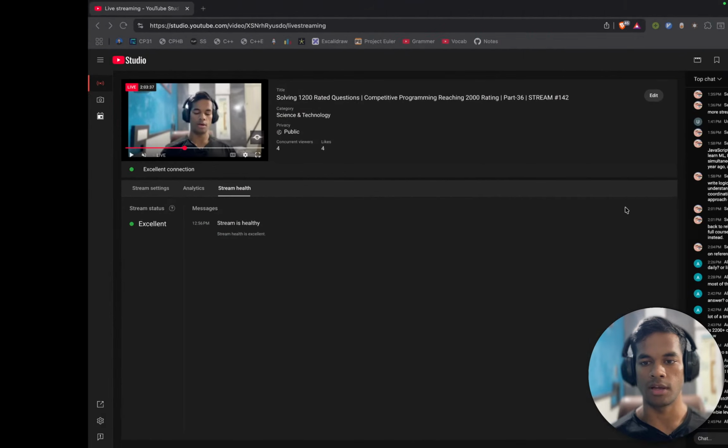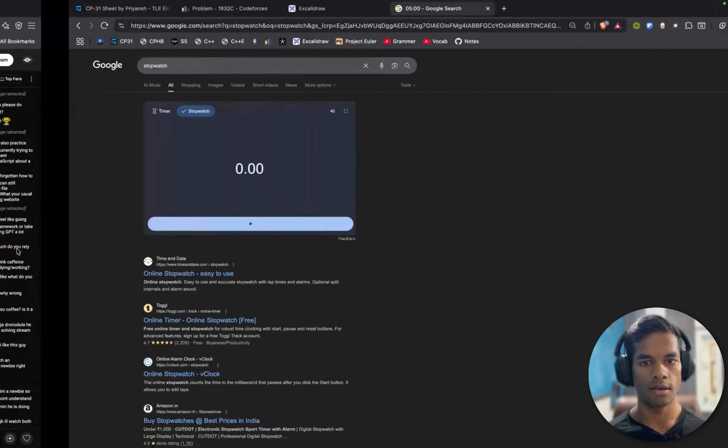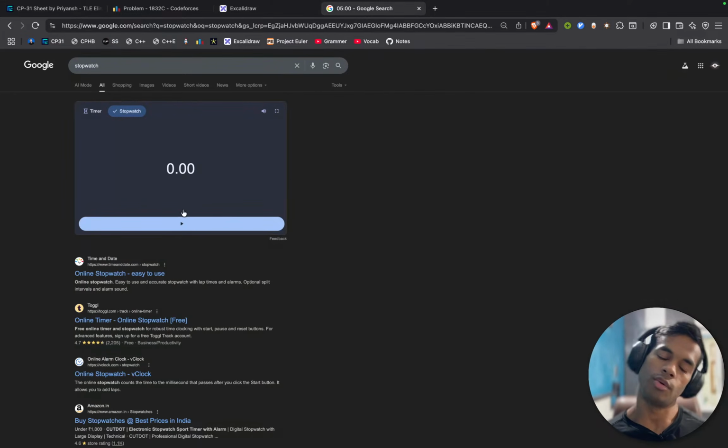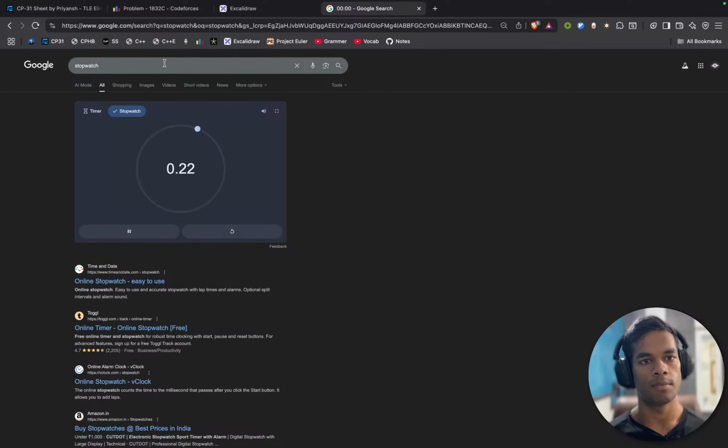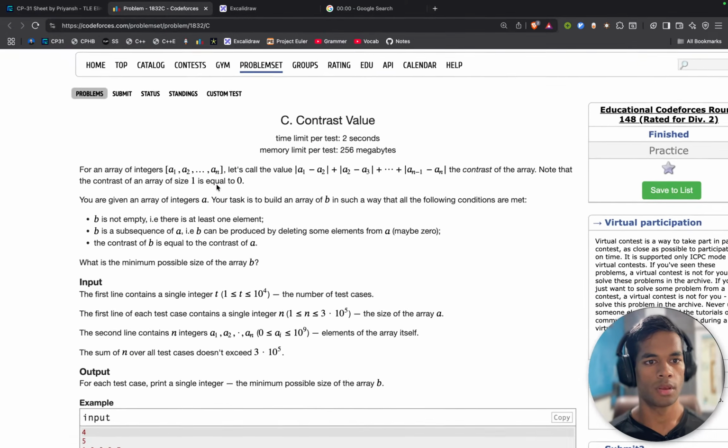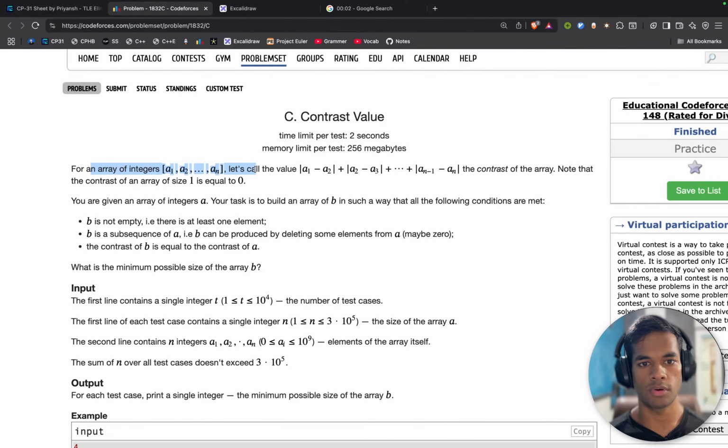It has been 2 hours and 3 minutes, and I guess this next question will be my last one. And let's see how much time it takes to get it right. Yep, cool. For an array of integers a1 to an, let's call the value, this one is this, this one is this, the sum of absolute differences,